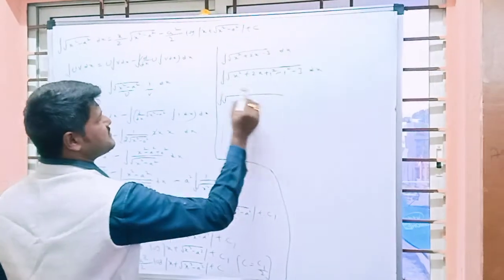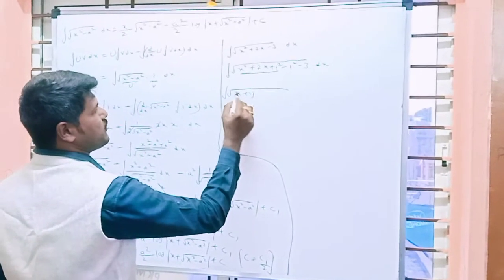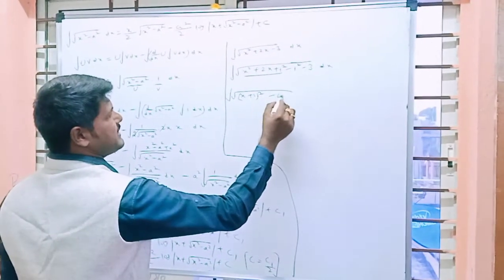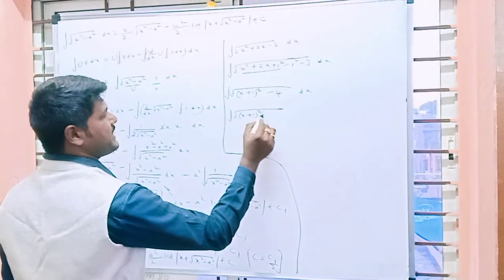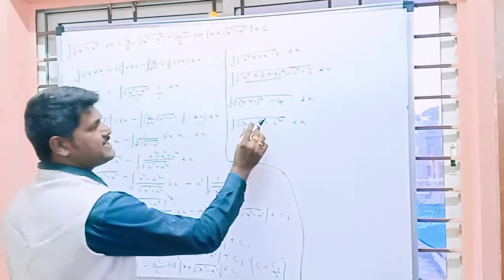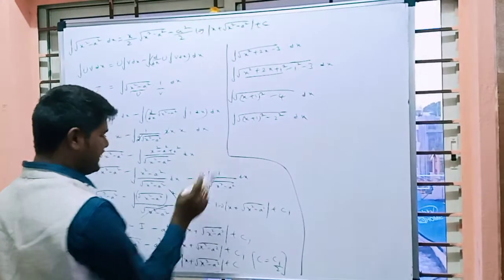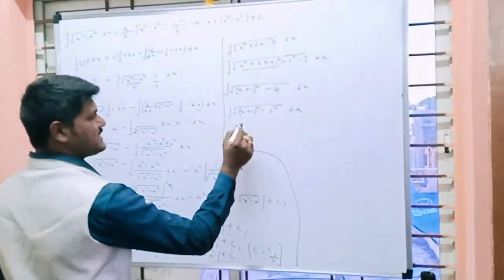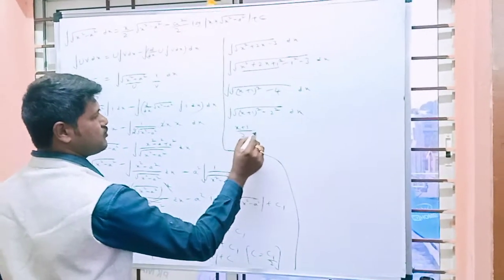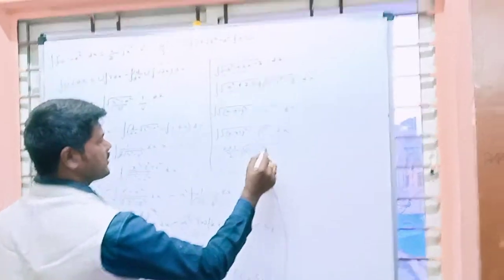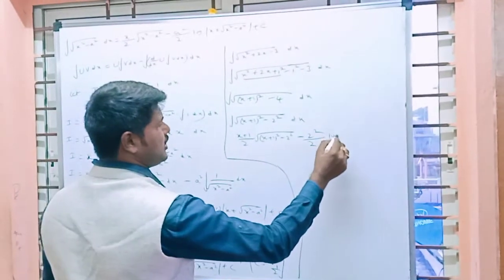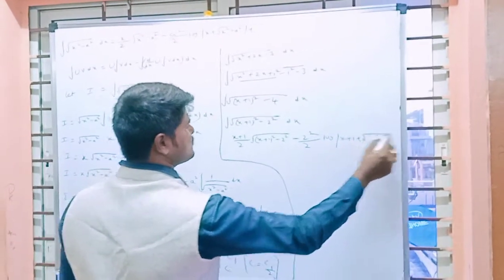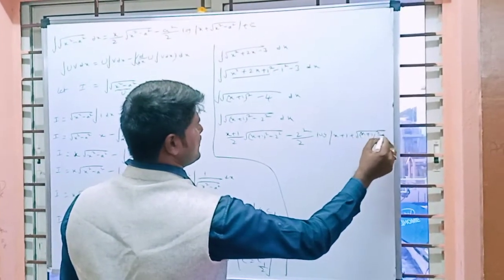Integral, the first 3 terms are in the form of x plus 1 whole square, minus 1 minus 3, minus 4 dx. Integral root of x plus 1 whole square minus 2 square dx. It is looking like x square minus a square. Now it is the same formula. In place of x, x plus 1 is there: x plus 1 by 2 root of x plus 1 whole square minus 2 square, minus 2 square by 2 log mod x plus 1 plus root of x plus 1 whole square minus 2 square